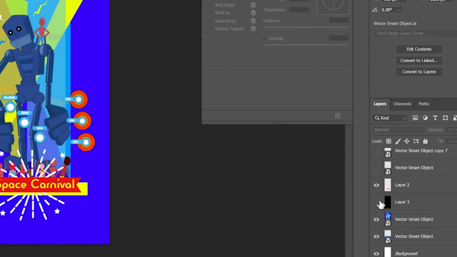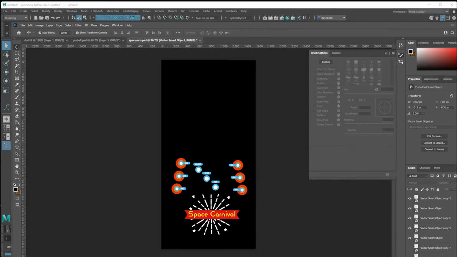blocked the background and I turned off a layer. And so anything that appears in color on this layer will be lit up, and anything that doesn't appear won't get lit up. If I want to turn off some of these targets to be lit, maybe I want to